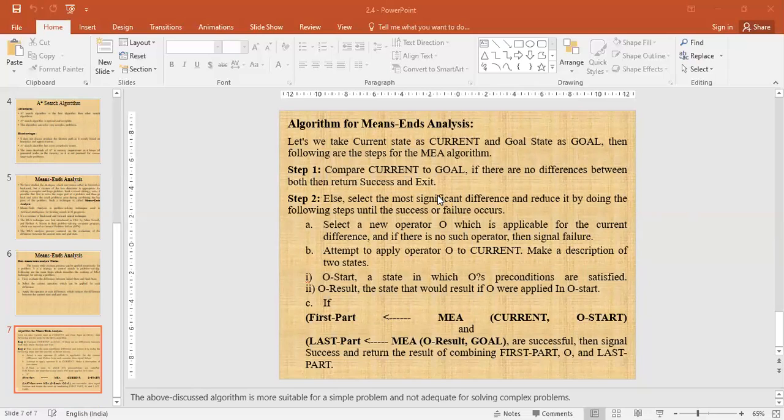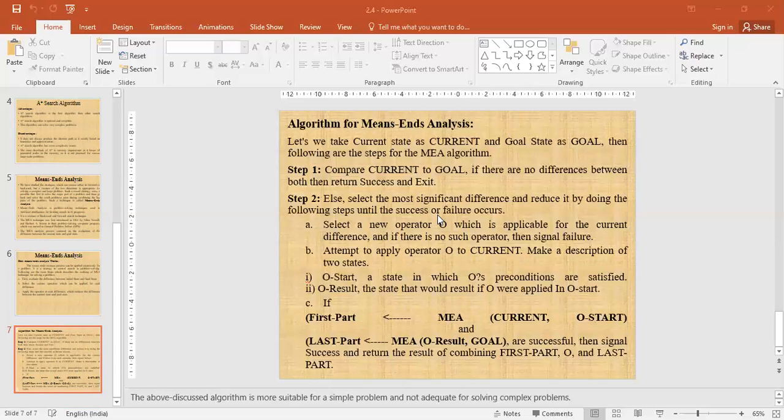This is the algorithm of means-ends analysis. First step, compare current to goal. If there is no difference between them, then return success and exit. Step 2, else select the most significant difference and reduce it by doing the following steps until success or failure occurs.